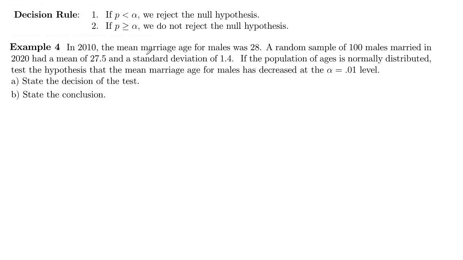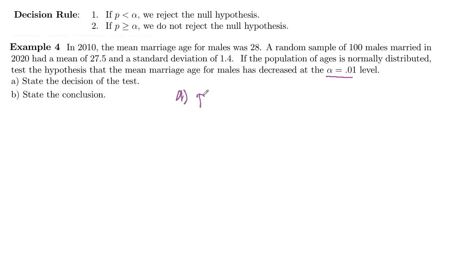All right, let's look at one last example here of stating the decision and conclusion. So this is back to our example with mean marriage age. The mean marriage age for males was 28. That's our hypothesized value. A random sample of 100 had mean 27.5, standard deviation 1.4. The population is normally distributed. So, the decision of the test: our alpha is 0.01, and then remember here that for part